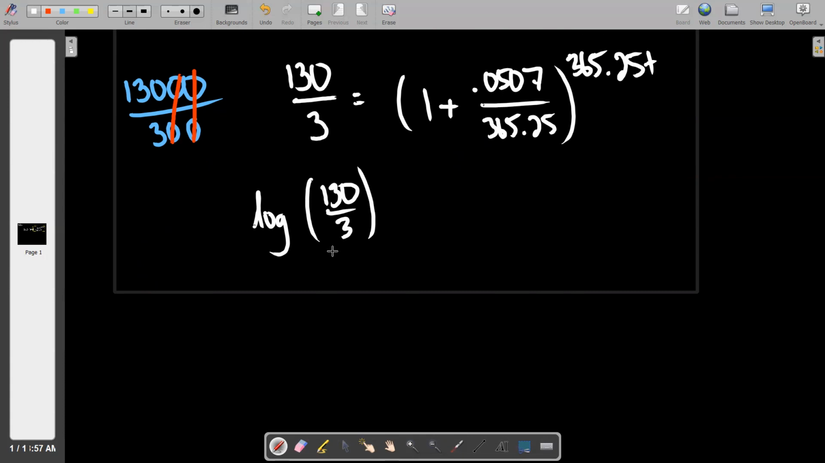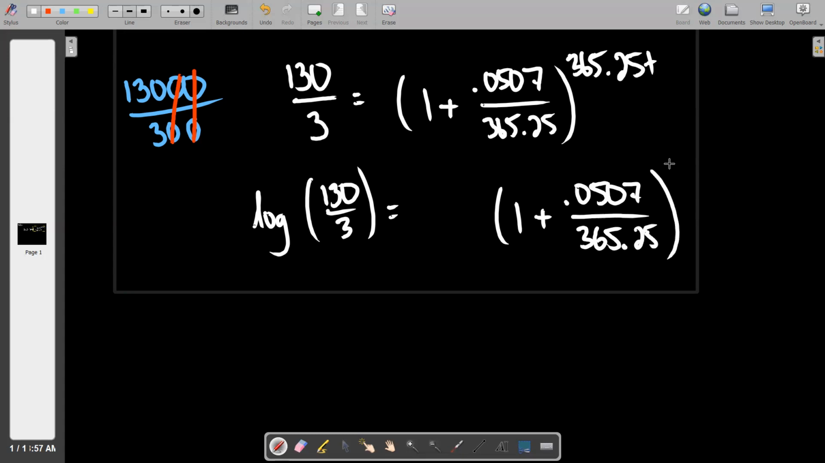Take the log of both sides. Now, when I do this right-hand side, I'm going to leave a little bit of space here. And some of you might already know why I'm doing this, but so as you know,